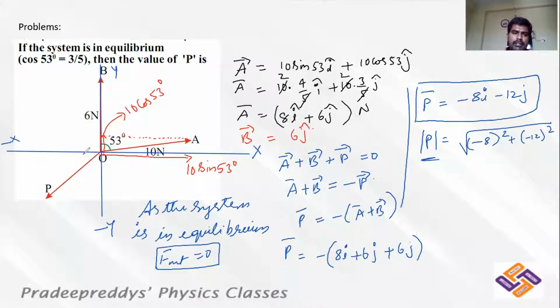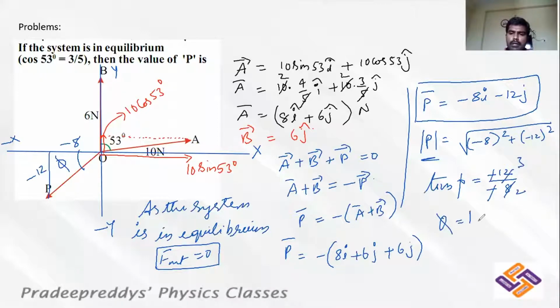The angle made by the vector with this, let me consider it as phi. What is its x component? The x component is minus 8. What is its y component? It is minus 12. So how can you write the angle? Tan phi is equal to minus 12 divided by minus 8. 4 twos are 8, 4 threes are 12. Phi is equal to tan inverse of 3 by 2. This is the final angle made by P bar with the x-axis. And the vector P bar is equal to minus 8i and minus 12j cap.